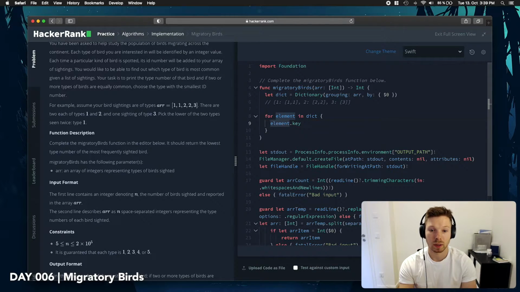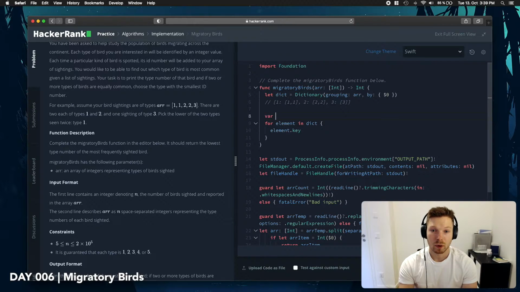So we could say var lowest ID equals just 0 for now, and then we can say if element key is